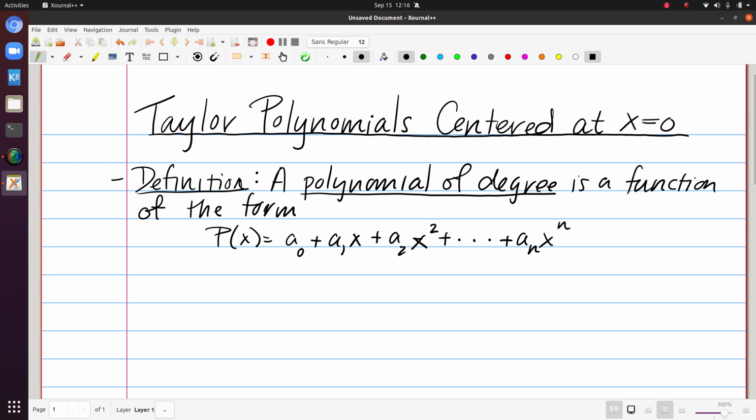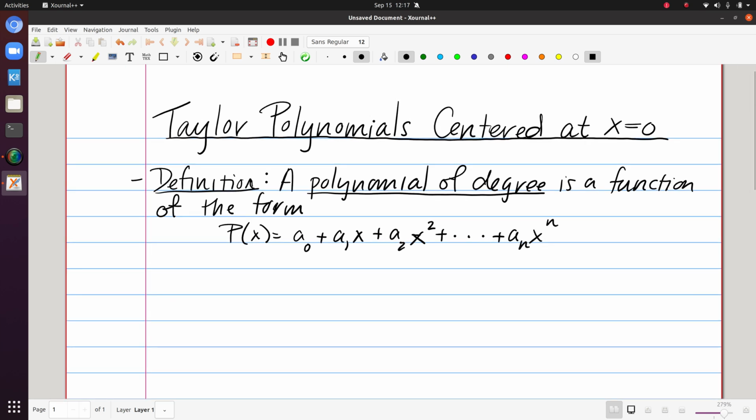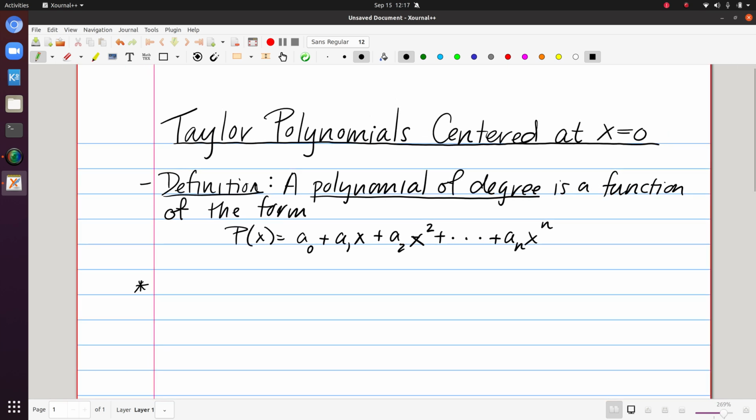So it turns out that these constant coefficients of the form a sub k can take on any values. If it's degree n, then a sub n needs to not be 0, but that doesn't have to be true for the other a sub k's here. And if you think about what we like about polynomials, we think of these as kind of a nice class of functions. They're easy to work with, and they're relatively easy to graph. So in some sense, we could think about having a goal now of trying to fit other functions with appropriate